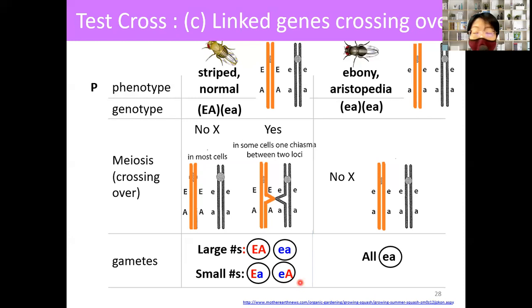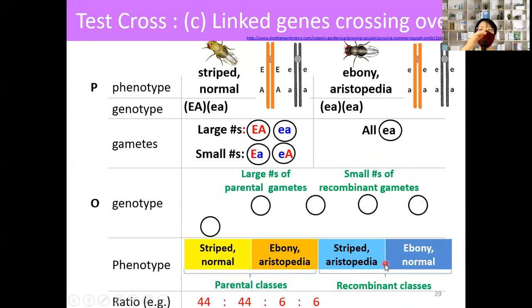Can you follow? Right? So in this case there's no crossing over. All of them will be small e, small a. In this case, I think crossing over also gives the same result, right? If crossing over gives the same result, isn't it? Okay, so crossing over and no crossing over are the same. Okay, so therefore,